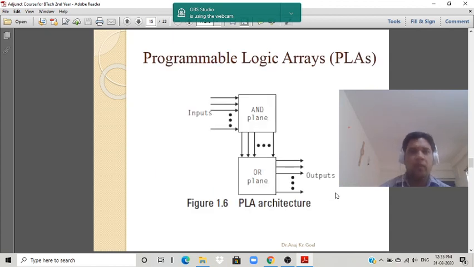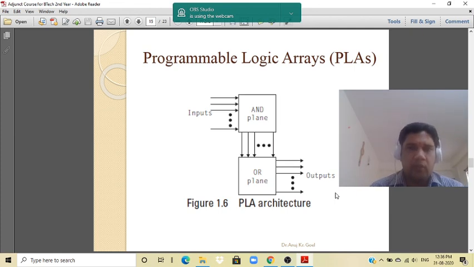Next is the PLA, programmable logic array. It consists of two planes, the AND plane and the OR plane. The inputs are connected through the AND plane, the output of the AND plane is connected to the input of the OR plane, and the output of the OR plane is the final output of the PLA. The AND plane, as you know, is used to provide the product terms. So first the inputs are connected through the AND plane, which performs the product terms. Then the product terms are connected to the OR plane, where the sum of products is performed. So any number of inputs can be connected there and we can get any number of outputs, based on the combinations performed in the AND plane and OR plane.